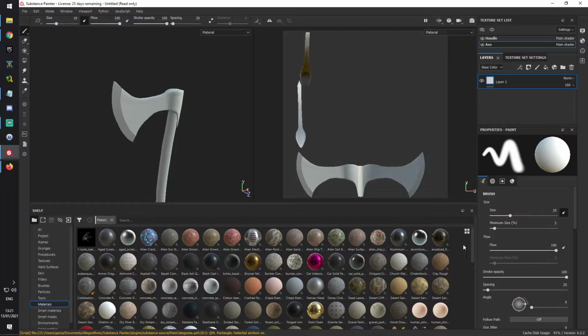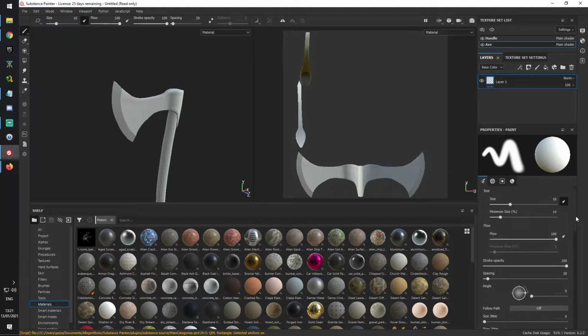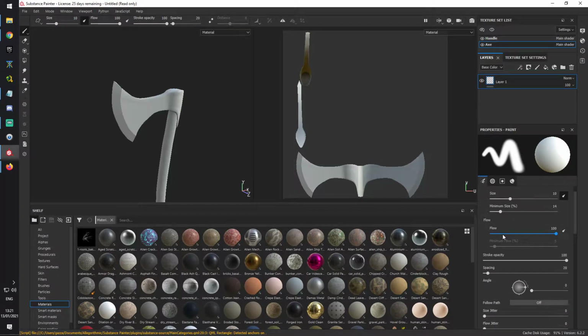Okay? This is your paint properties. So this is where everything is. So your brush size, your minimum size. So you can say, oh, well, I want my brush to have a set limit, regardless of pen pressure or whatever. You've got flow, just like in Photoshop, means how thick whatever you're painting is coming out. Stroke opacity, so how